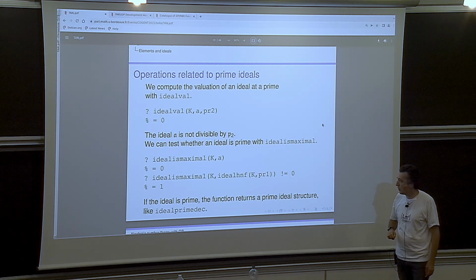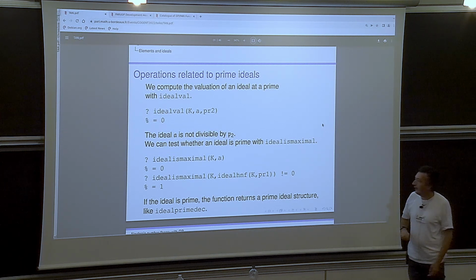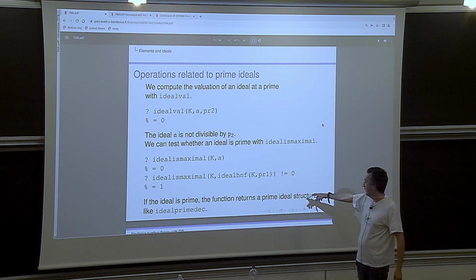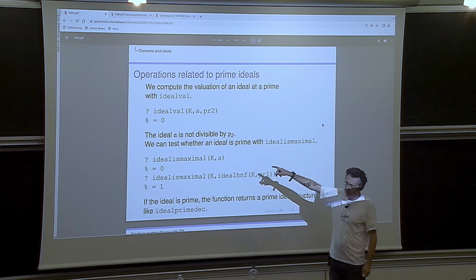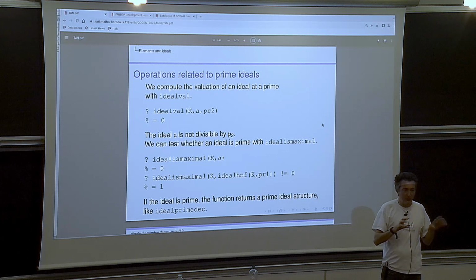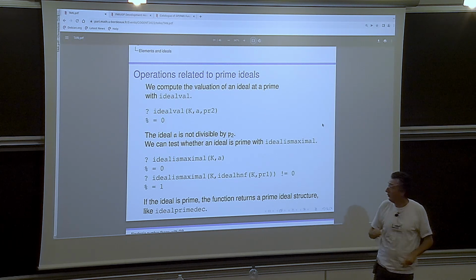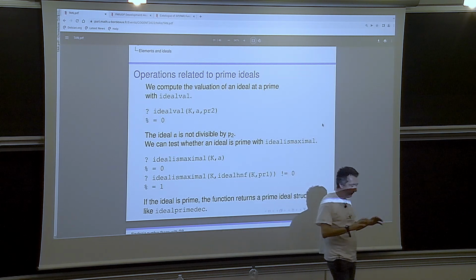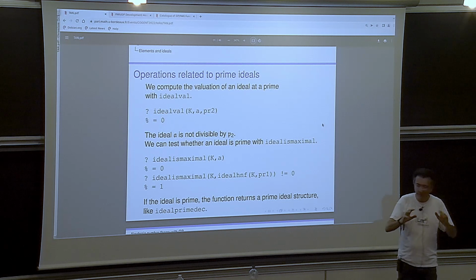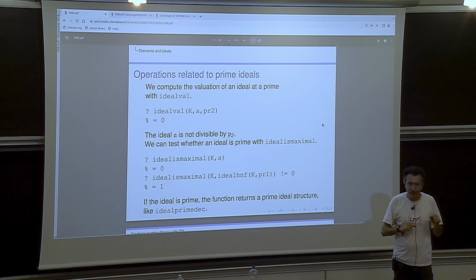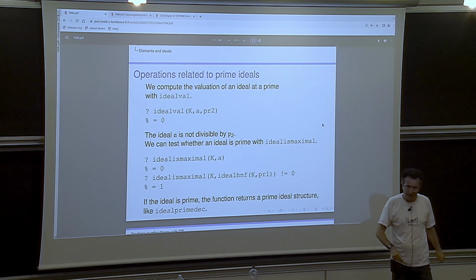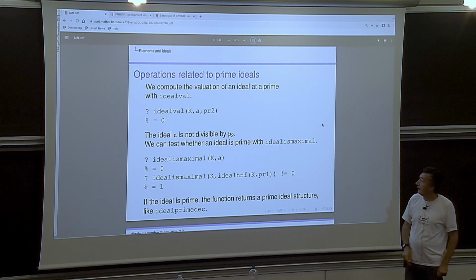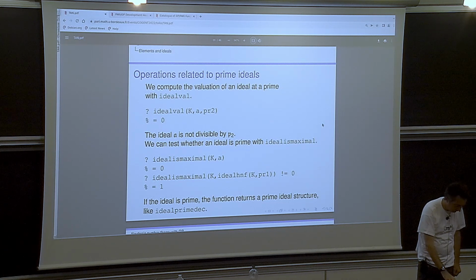Also you see prime ideals are represented differently than general ideals. So if you have a maximal ideal, this allows you to recover, given by the HNF, its representation as a prime ideal with the residual degree and the